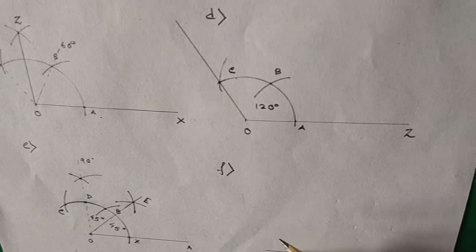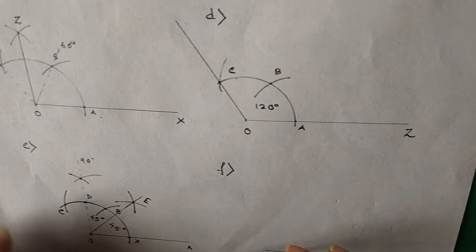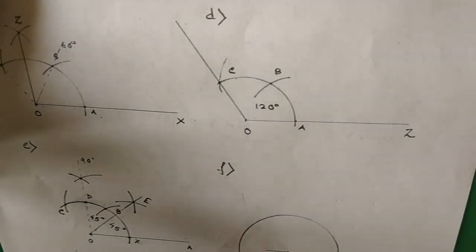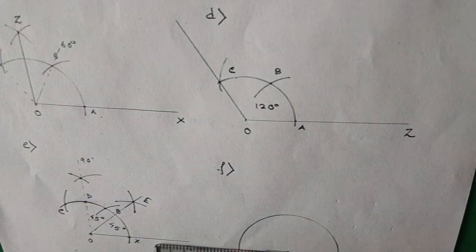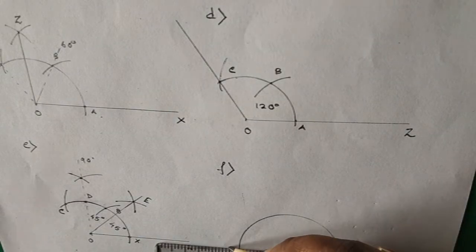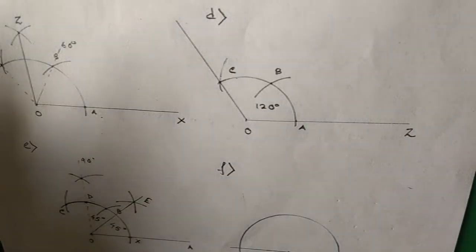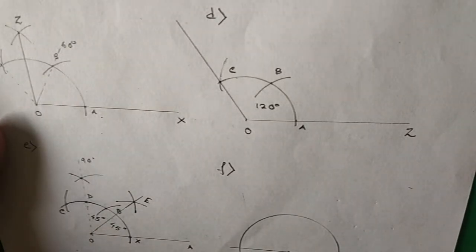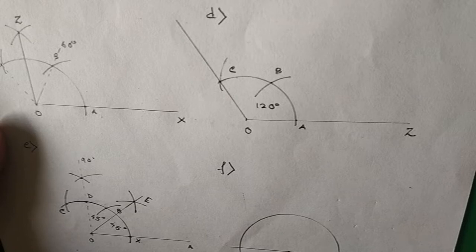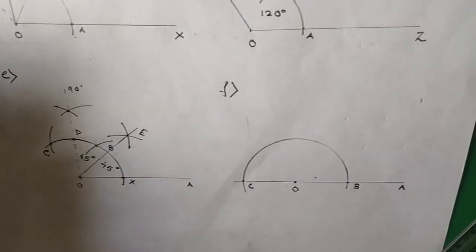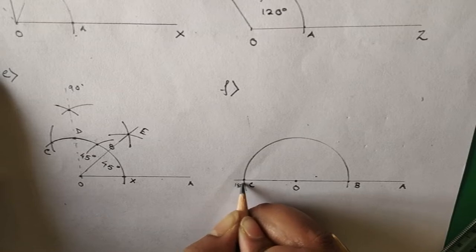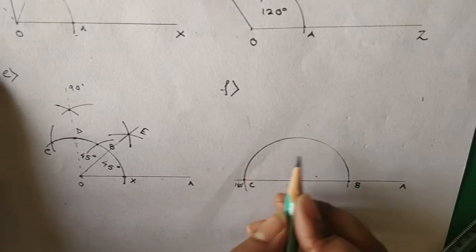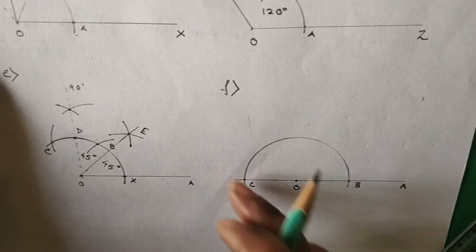Now we will draw an arc. We will take the convenient radius and we will draw an arc. Let us extend the line. Say this will intersect OA line segment at point say B and C. This means 180 degree. Okay. So this is 180 degree. So here I have written 180 degree because this semicircle is 180 degree.